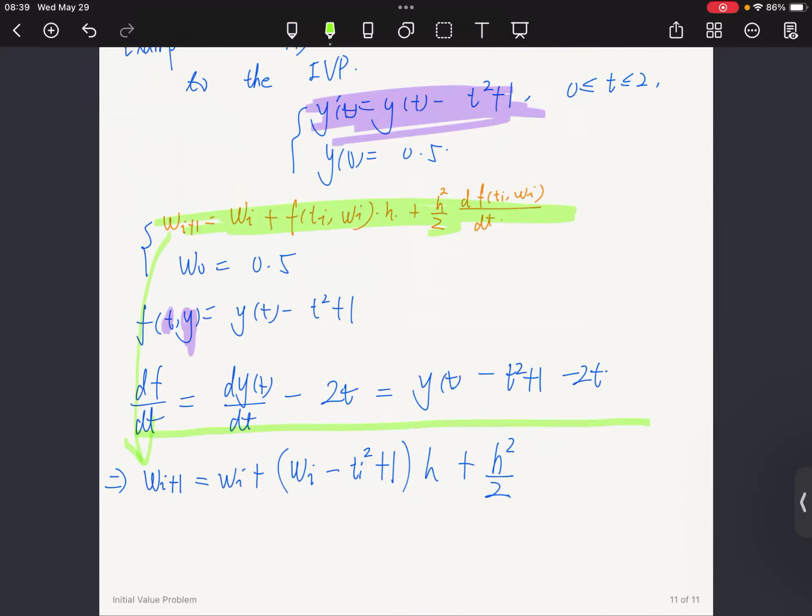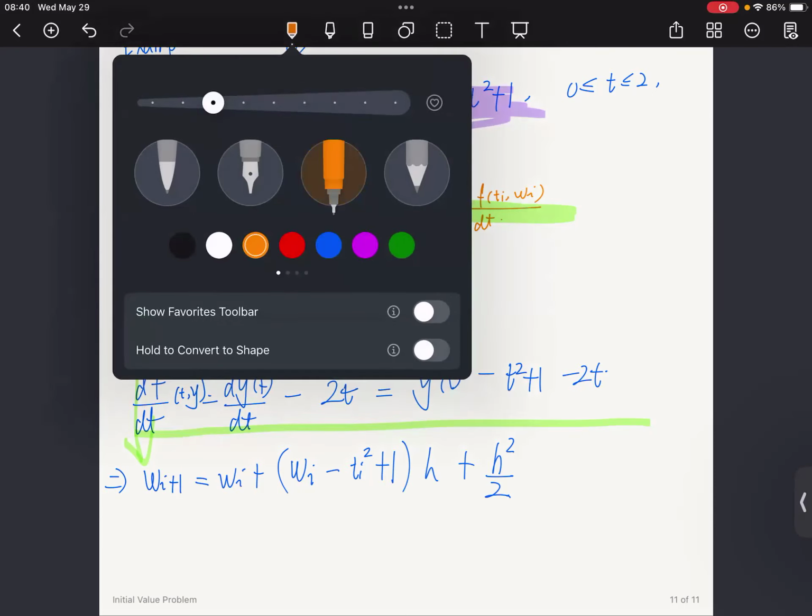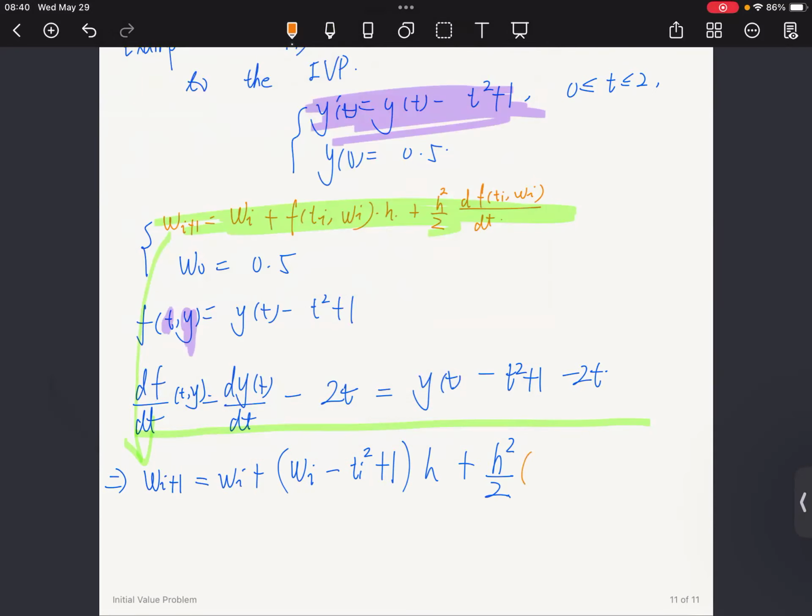And so the next part should be the derivative of the f function, evaluated at, so this one is a function of t and y, but we are going to replace the t with t_i and replace the y with w_i. So the expression here is w_i minus t_i squared plus 1, and then minus 2t_i. And this is the formula we are going to use